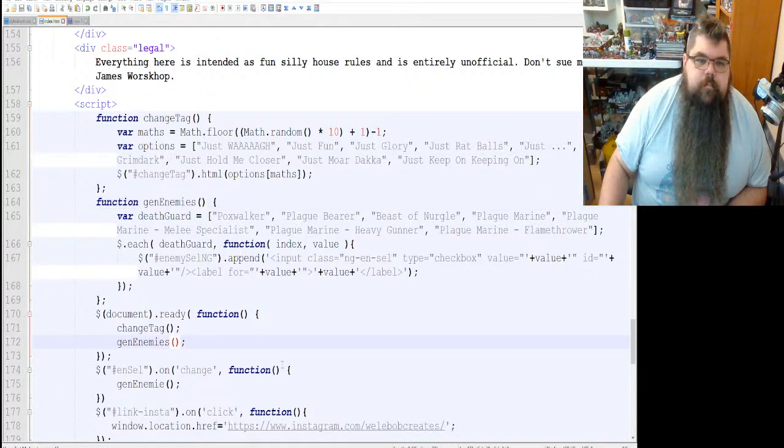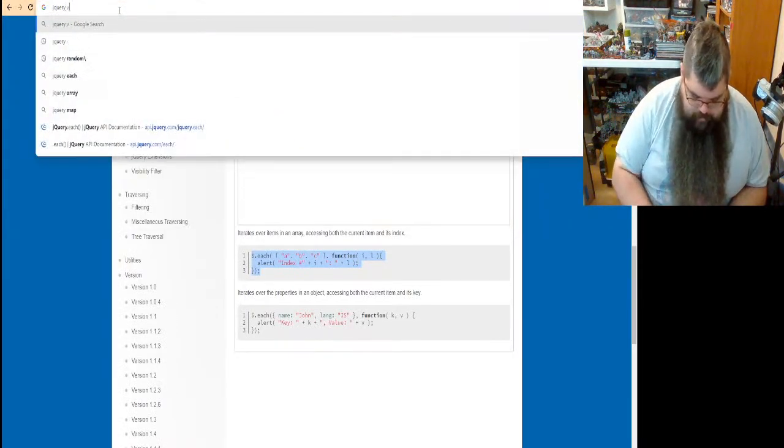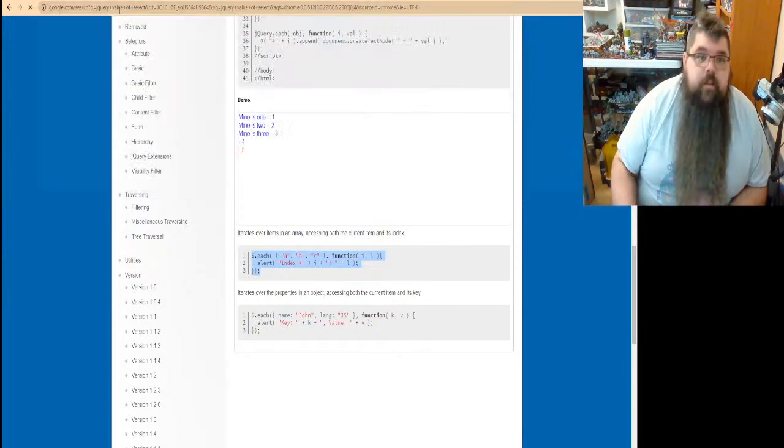Okay. So, when this generates, it's going to get the value. Let's look it up. jQuery, value of select.